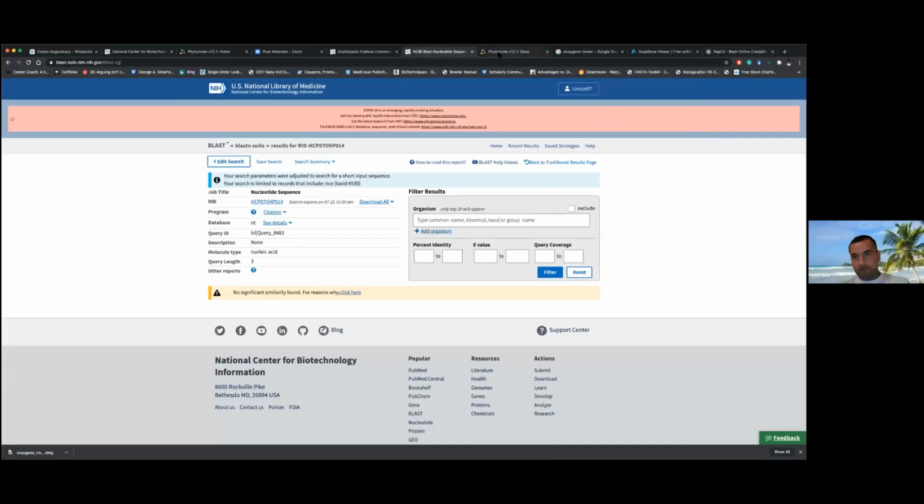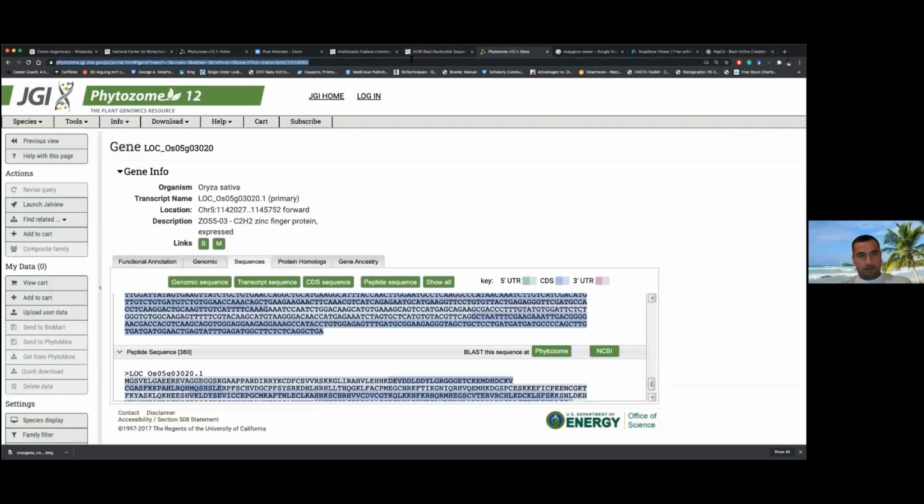Dr. Parajuli, do you want to share your screen and show where they can download it? Yep. So I think there was a lot of confusion between Snapgene and Snapgene Viewer. So if you go to Snapgene,